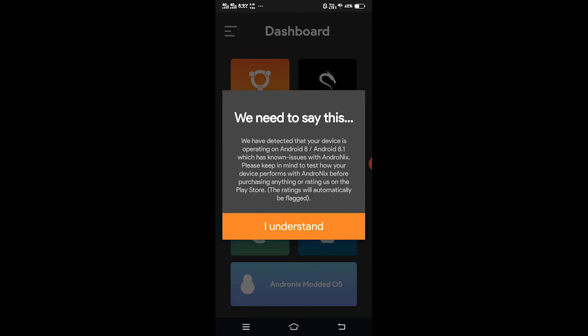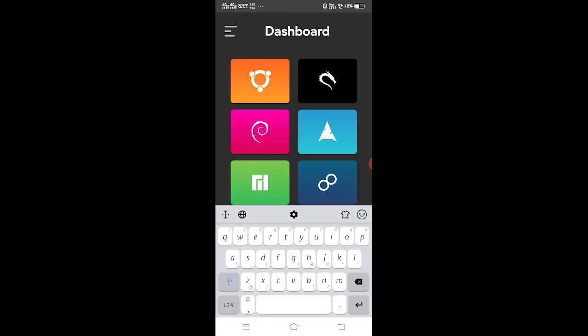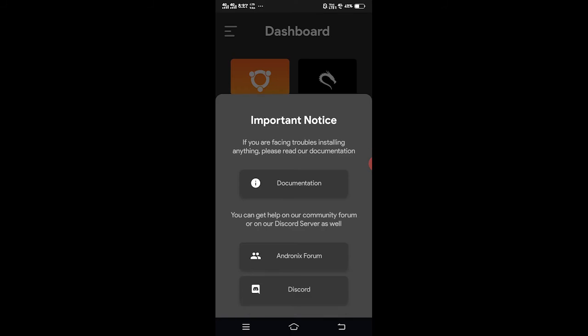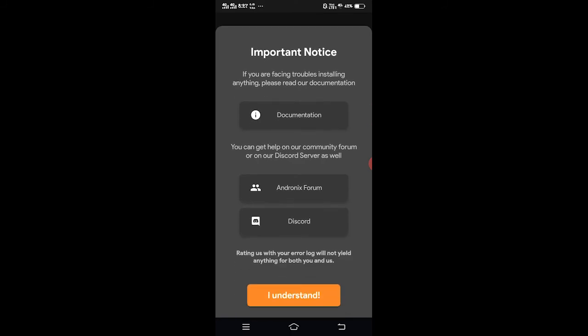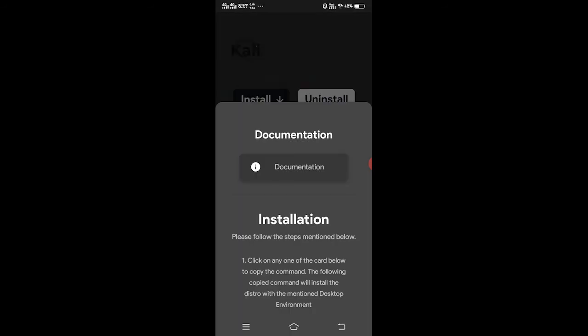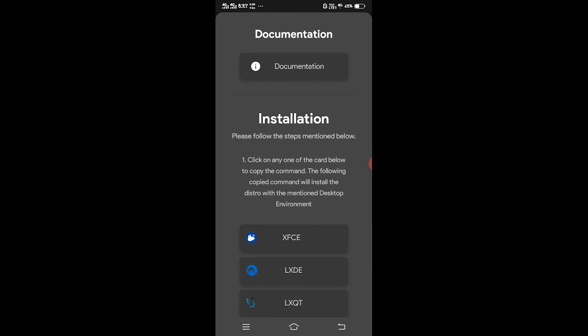Click I understand. It might not show on your phone. Now click on that Kali icon, that horse type icon, and then click I understand. Perfect. Now click on install and click XFCE. Perfect. Now open Termux